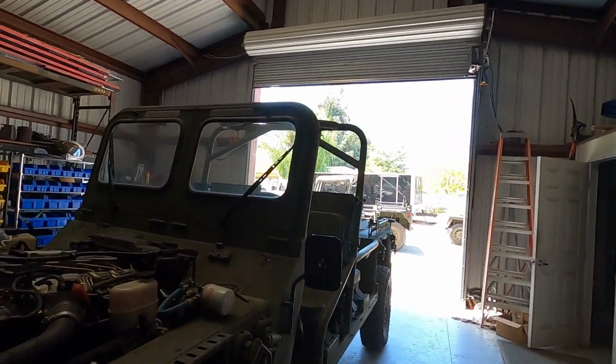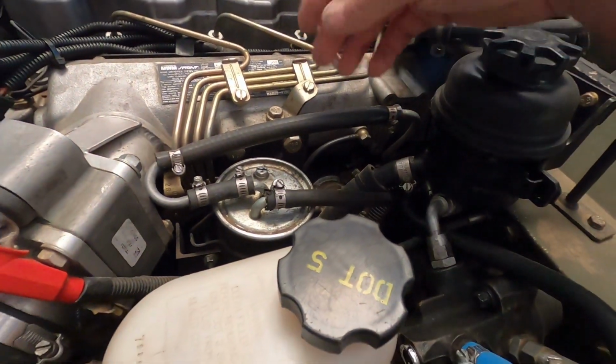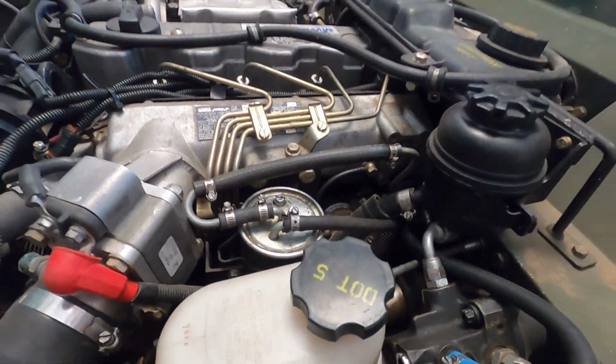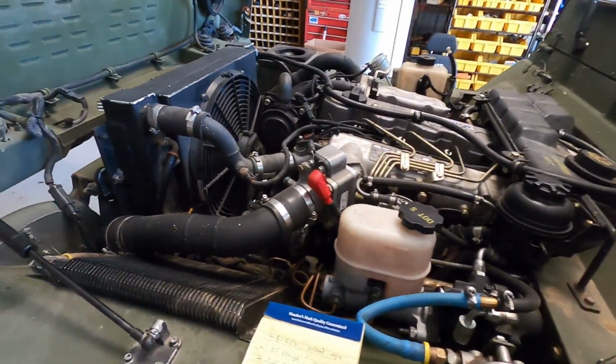Here's some of the things that were wrong. Originally, it didn't have the hand priming pump, so it was just missing. There was no pipe or no hose here, nothing. So the previous owner put the hose there, they bled it, got the system working. One issue with it is that the fan stays on. If you turn the ignition on,